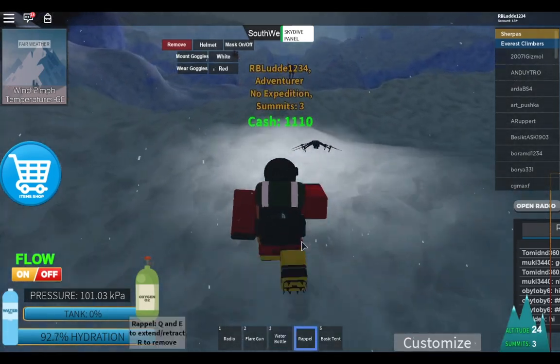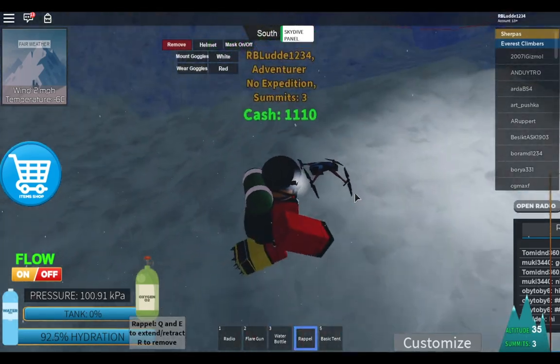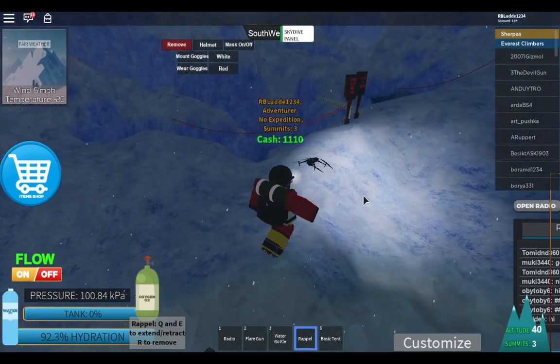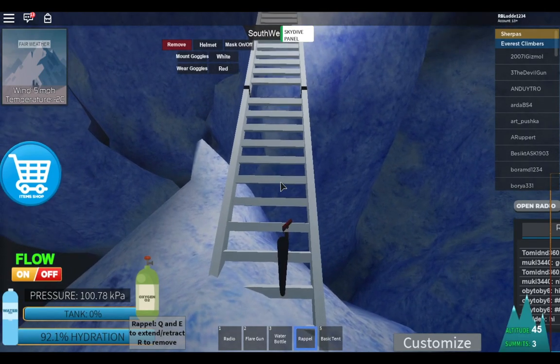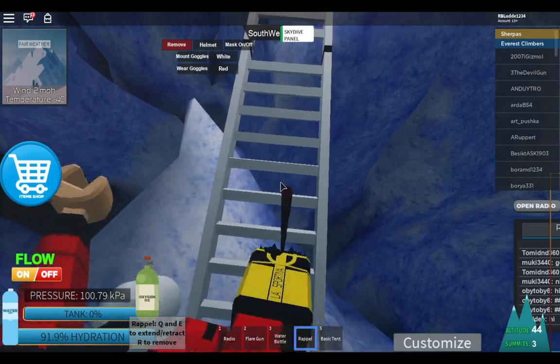You don't have these things, the basic tent and the rappel, which are things you can buy for Robux. The rappel is great on ladders. I'm going to show you how it works. So you put it down, you press Q to lower it. If anyone wants to buy a rappel or something, press E to...